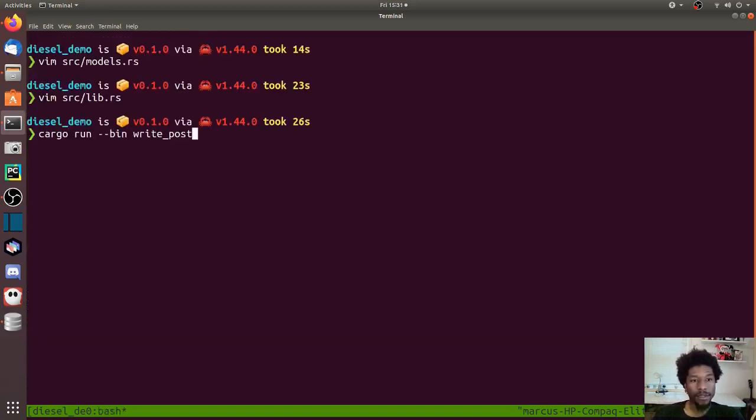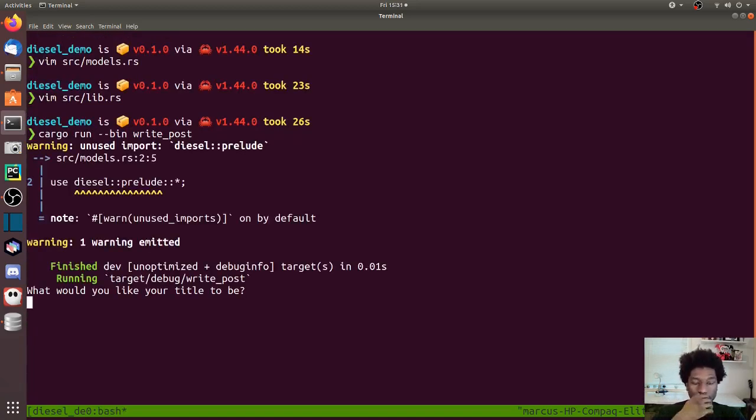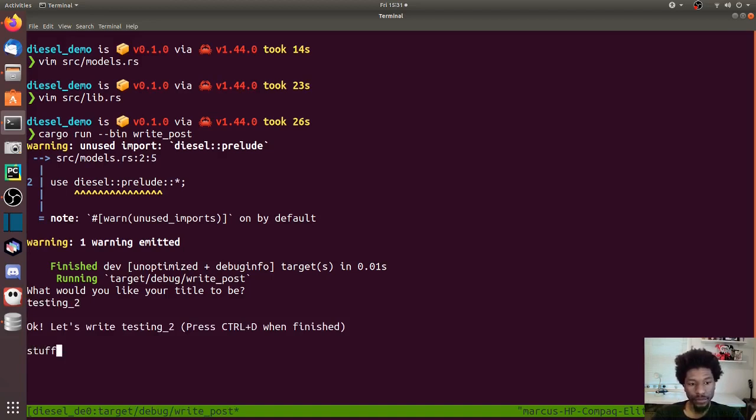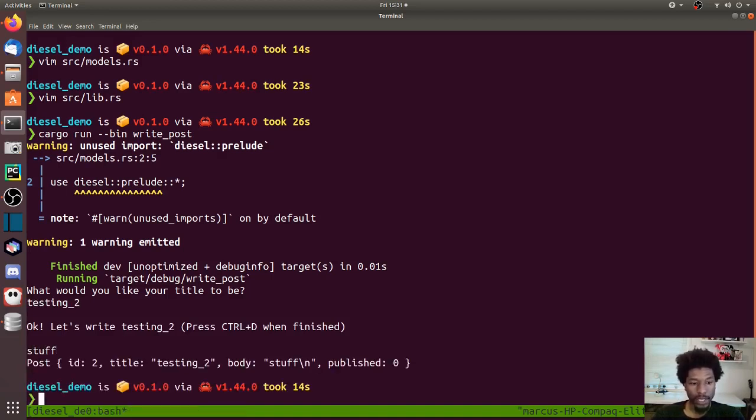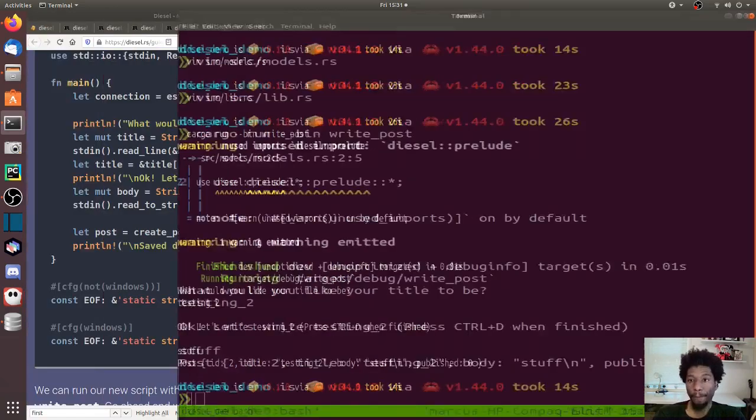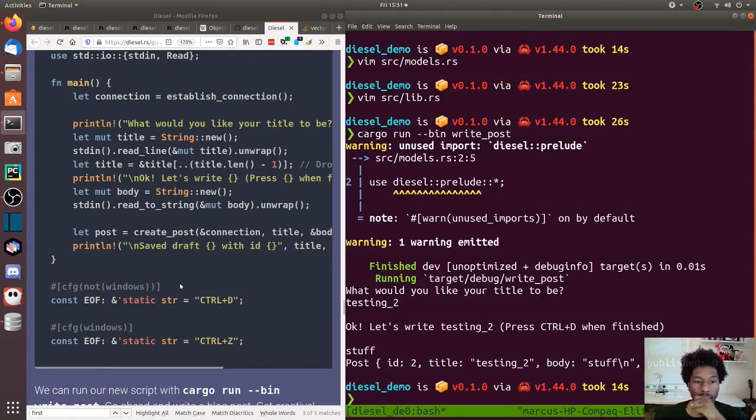Once that is done, we can now write a post. And I've tried this one, so call this one testing 2. And this is going to be stuff. And then I'm going to do Control D to exit out of it, and we can see that our post is printed. ID is 2, title is testing, body is stuff, and publish equals 0. Cool. So then moving onward,